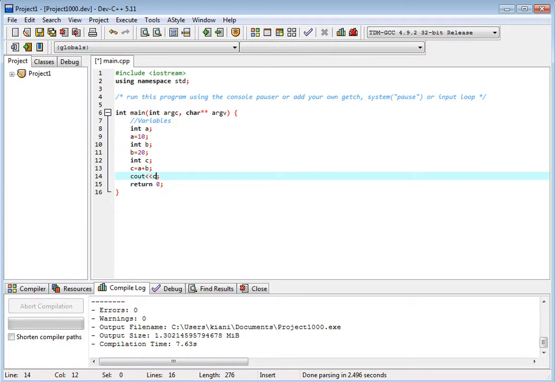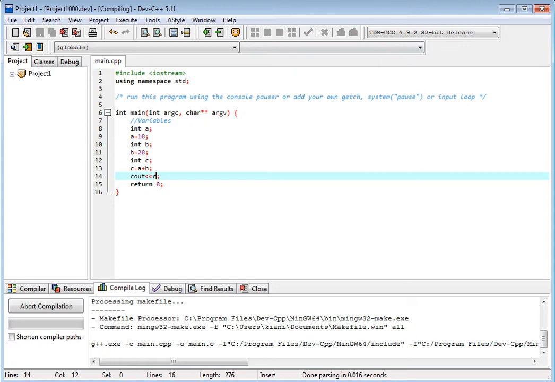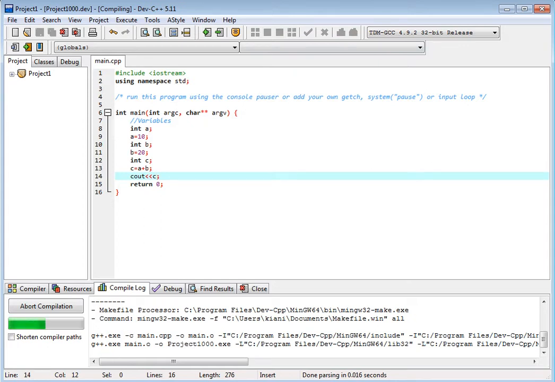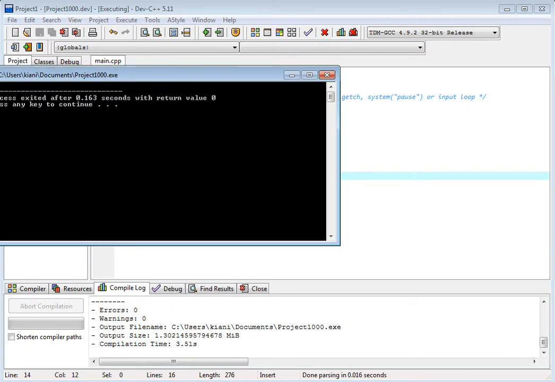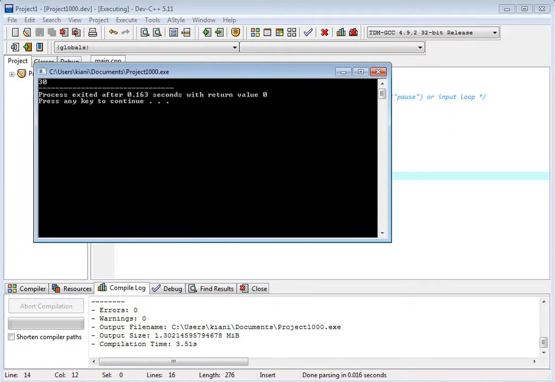The result should be: declare a variable, assign value to variable 10, declared another variable b, assign the value to it, declared c, and add these two values 10 and 20, and copy the result in c and print the c. Okay, so result will be 30. This is 30, right? This is the result, 30.